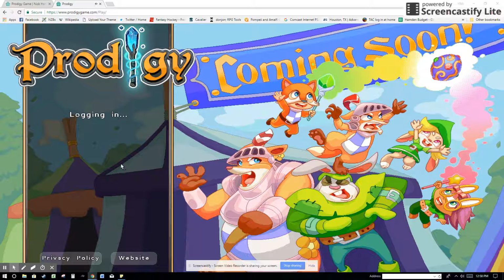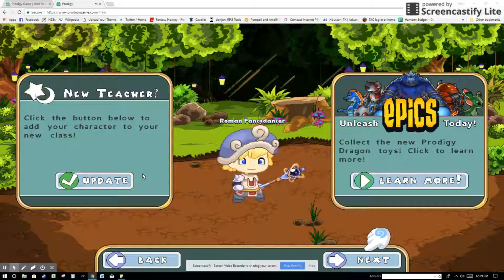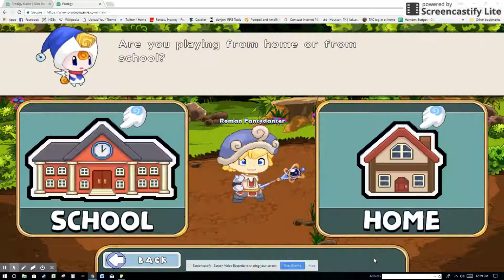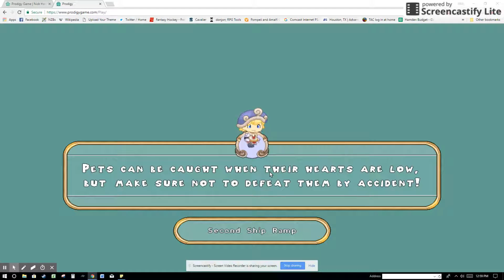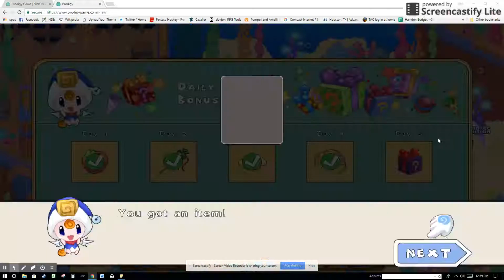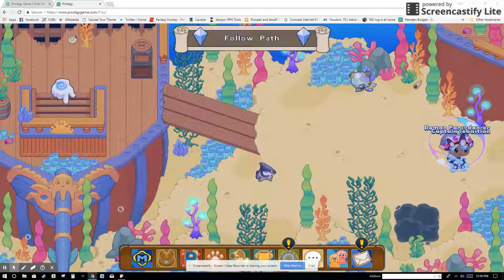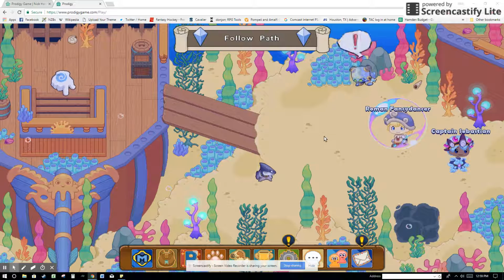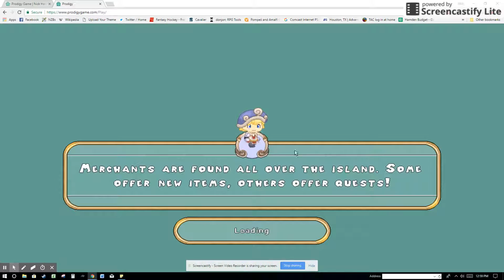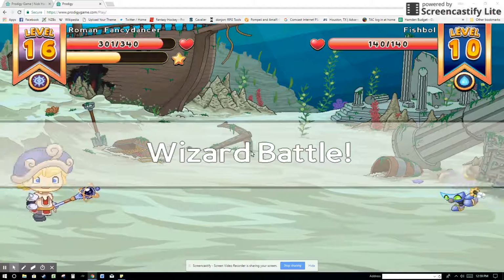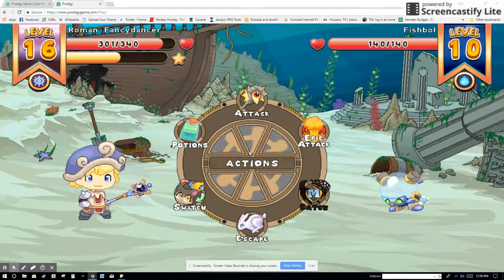The actual game, this is going to be my character, Roman Fancy Dancer. I have only played a little bit. They get login bonuses. But there's my character right there. It's kind of a cross between an RPG and Pokemon and all these other games, where you can start a battle,